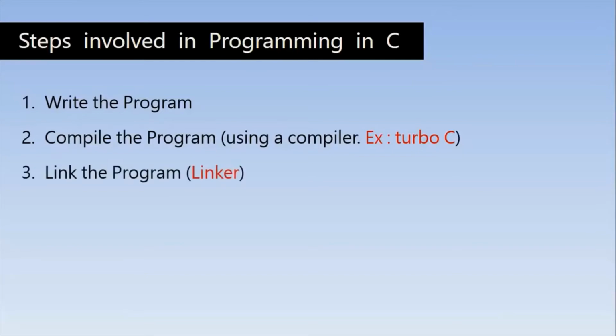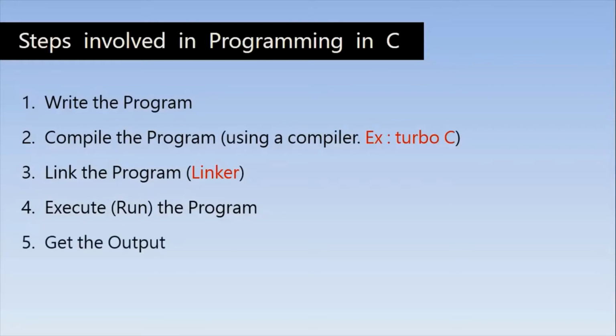After compilation, the compiler links our program to the C library functions which are necessary for execution. We used #include statements and some other function calls like clrscr, printf and getch. So in order to execute all these statements, the program must be linked to the header files specified in the #include statements. And then execution starts and you will get the desired output. So once you run a program, these are the different phases that the program undergoes. So now let's go and try some programs for doing mathematical operations.